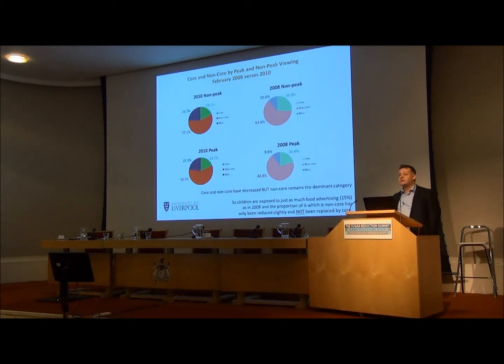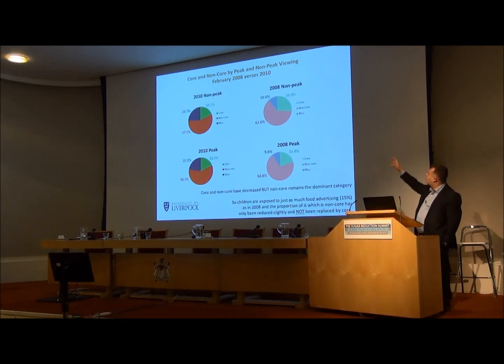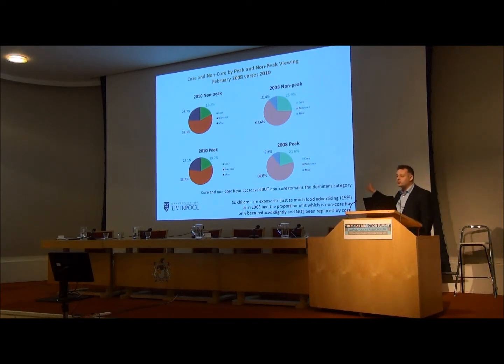Now, in the UK, we're meant to have the gold standard in terms of regulating children's exposure to food advertising. This is a basic analysis of the television children most watch, not children's television, an important definition. The regulation deals with children's television. This is what children are actually watching, which is a different thing altogether. Now, as the regulation was coming in 2008, most of what children were watching was non-core. That's unhealthy. You can apply any nutrient profile modelling system you want, and Mike's done that for us. You still get that picture.